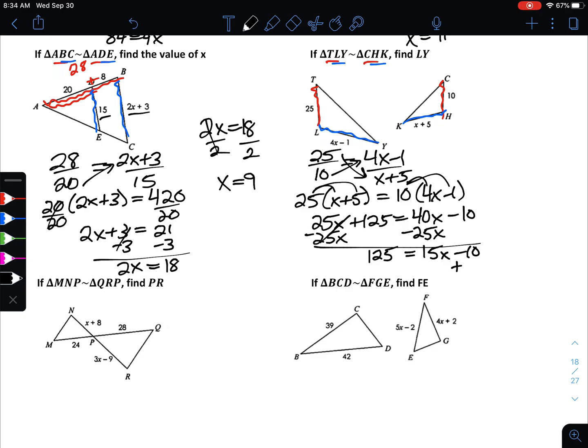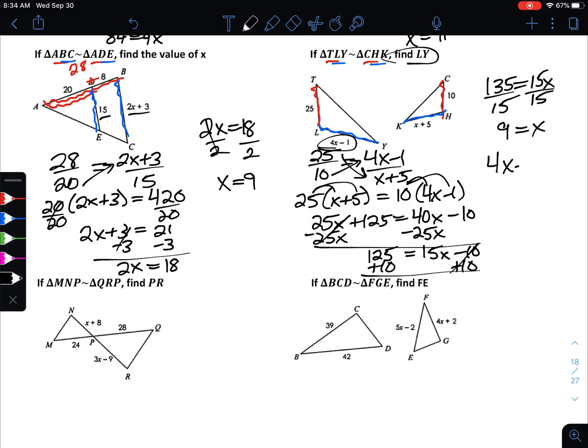All right, so then let's add over the 10. So 125 plus 10 is 135 is equal to 15x is now by itself. So to get x, we'll just divide each side by 15, and we'll come up with 9 being equal to x. Now what makes this problem different is that it actually wants us to find the side length LY, which